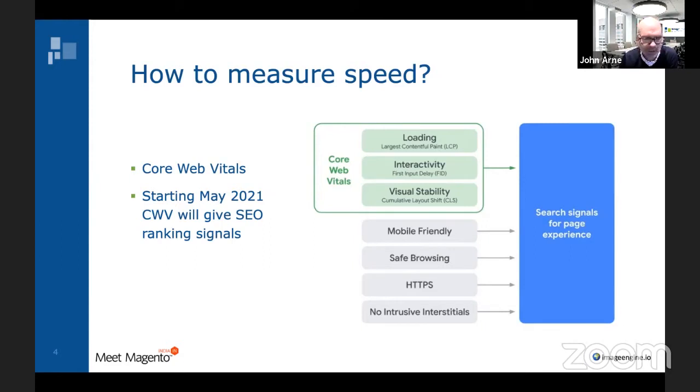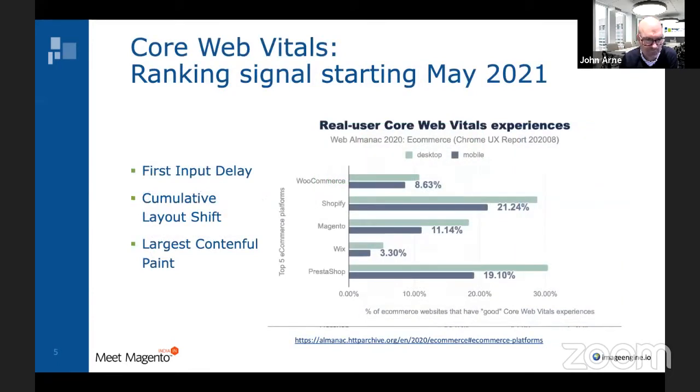We're gonna dive into this a little bit more, just to make sure that we know what the core web vitals mean and how we can easily improve the core web vital metrics using Image Engine as the image CDN to load images. So yeah, like I mentioned, it's going to be a ranking signal in Google search starting May 2021, and the chart that we're looking at here